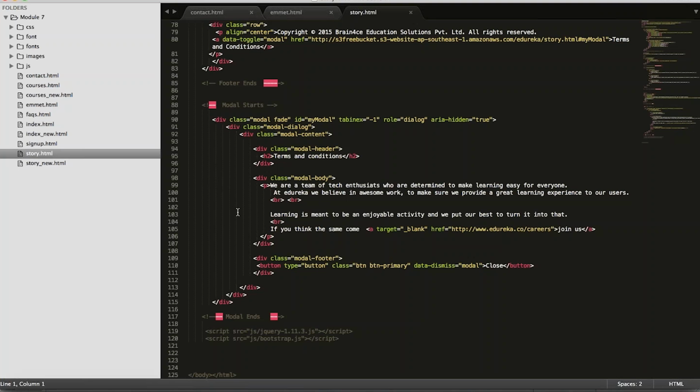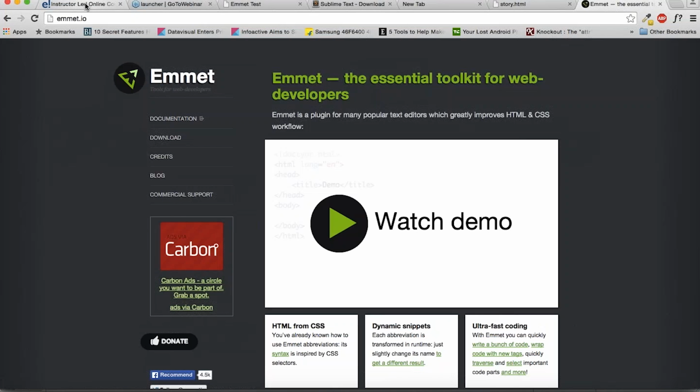What are the basics required to learn in depth JavaScript and AngularJS? Nothing. All you need is to join this batch and we'll make sure that by the end of this batch you will be knowing in depth of everything. So guys, let me just show you what we are going to take care of in this.